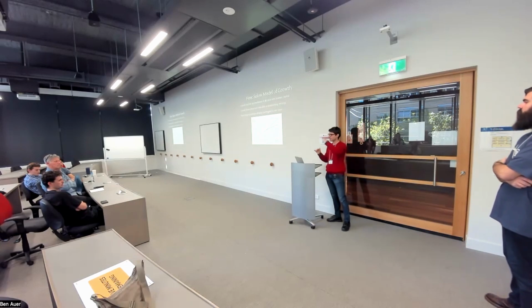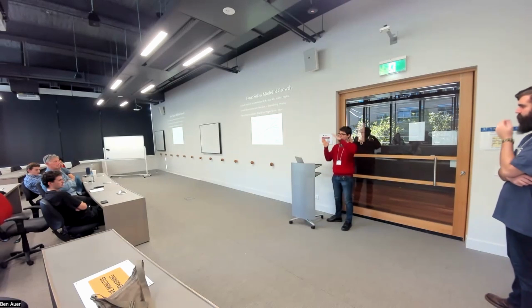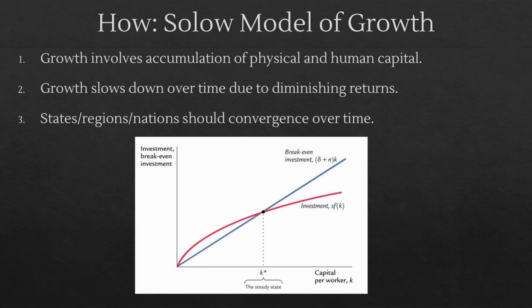So there's this idea here that at some point, the economy will slow down and reach an equilibrium point, which is sort of marked here. And this actually can increase over time with technological development. But I won't go into the details of that. The basic point I wanted to make is what we would expect to see with this model is